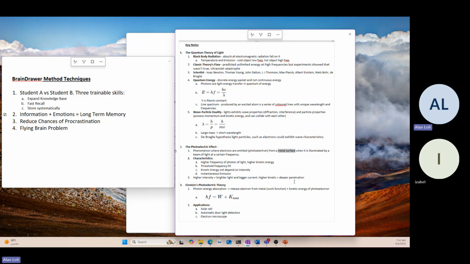And how does it pop out? When it is illuminated by a beam of light at a certain frequency. So you are using the torchlight with a beam of light at a certain frequency, which means you are vibrating the torchlight at a certain frequency, and you are beaming that into that poor metal's eyes, and it pops out. Right? Now, let's read this again